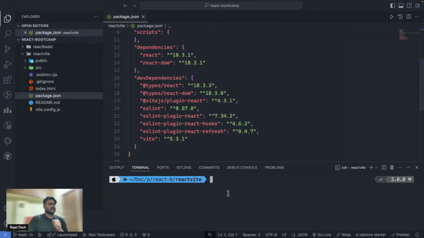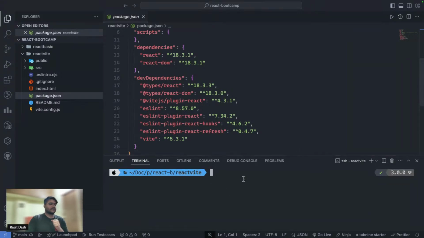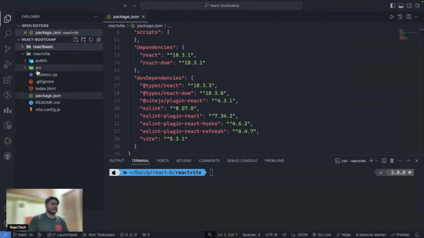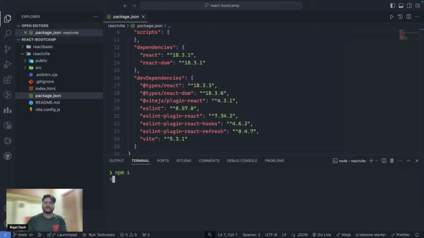That's it. Now, how to run it? As we saw earlier, there was a command. But before running that command, we need to install these dependencies. See, for the previous project, they were automatically installed for us. But for this, we have to install them manually. And to install those dependencies, we can see that in package.json it is already mentioned. To install dependencies, we have one command called npm install, or in short, you can just write npm i. Both will do the same.